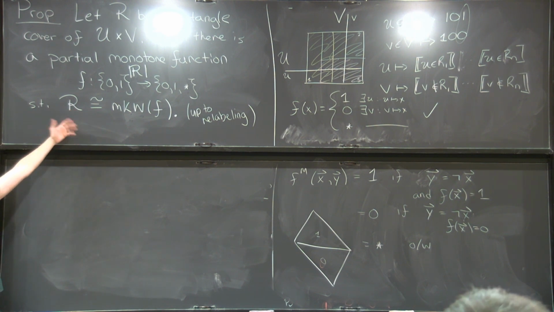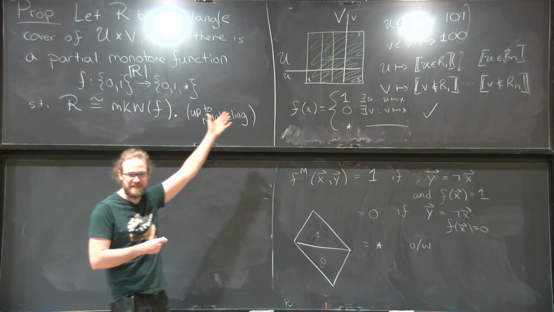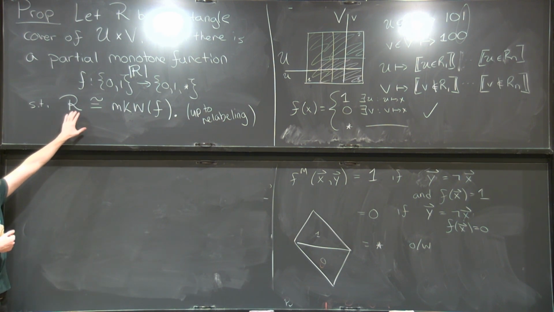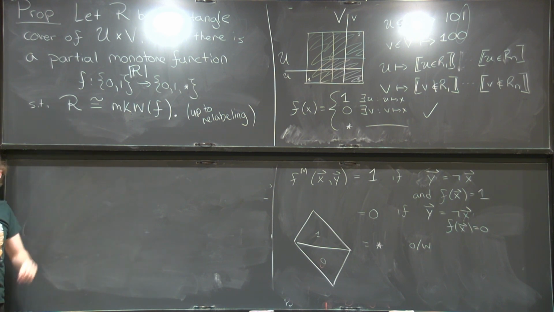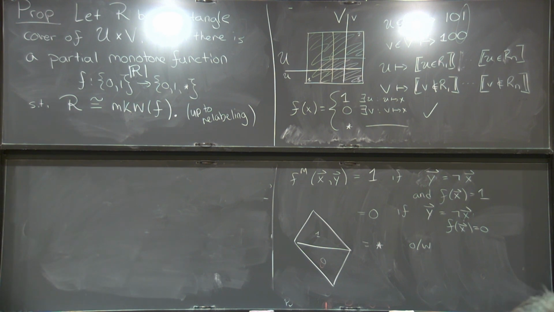First of all, just to talk about this for another second. This is a nice thing because it says the problem of coming up with hard monotone functions reduces to the problem of coming up with hard rectangle covers. At first, that seems like maybe we haven't done much at all. But in fact, I think it's a useful step because rectangle covers are a really combinatorial object. It'll turn out to be easy to come up with sources of hard rectangle covers just by using tricks like composition and tensoring and things like that. So we'll see that in a little bit, hopefully.